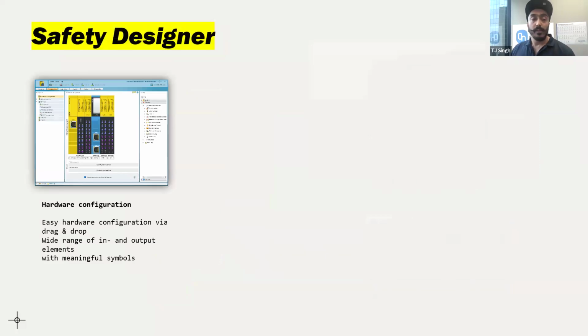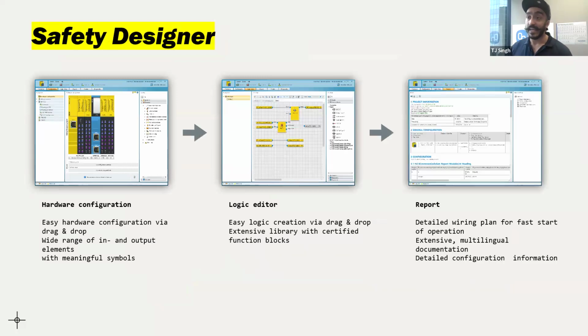In terms of programming those devices, we use a software. It's called Safety Designer. You can manage the hardware configuration. You can do logic there, as well as you can generate a detailed report on everything from wiring to part number details, as well as what were the last events that triggered the stop, or who changed the configuration last time. So you can get a lot of data points. And we'll do the demo on the Safety Designer